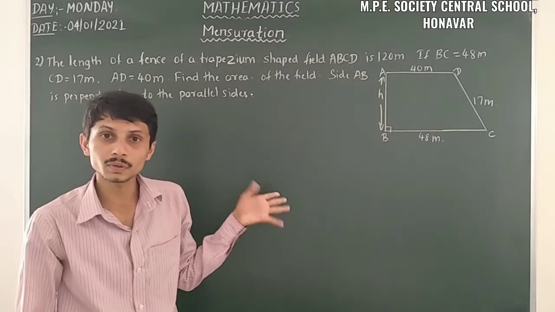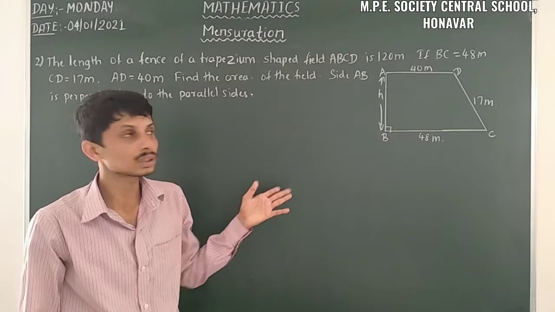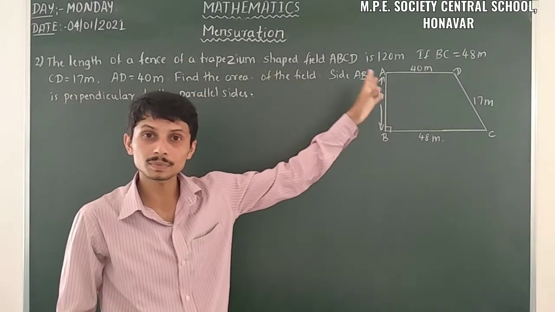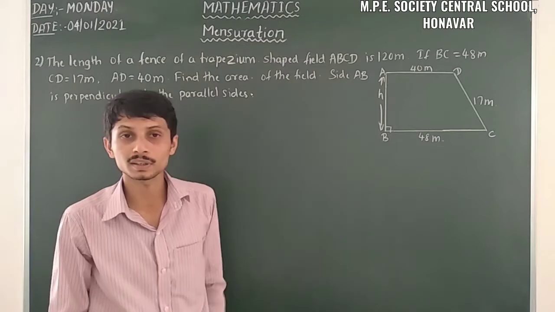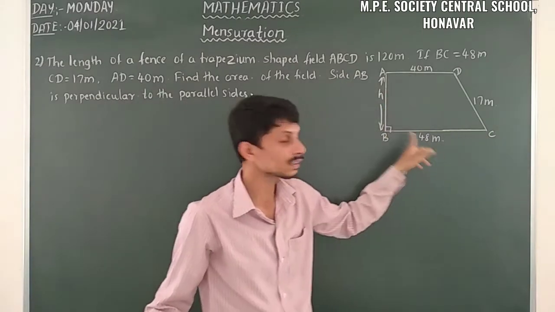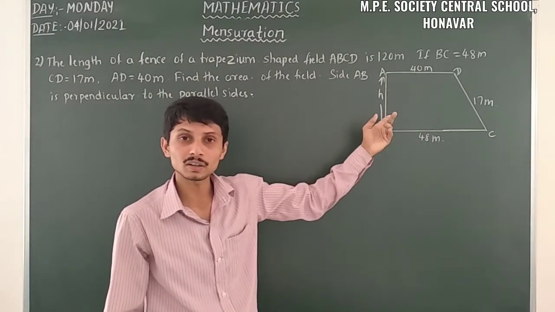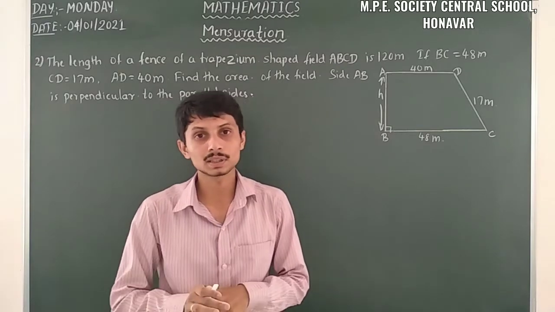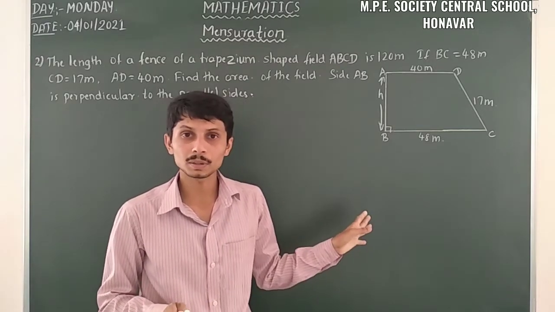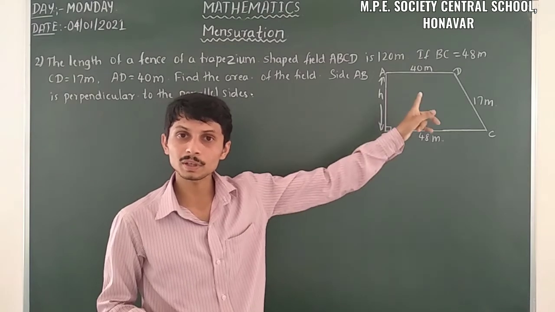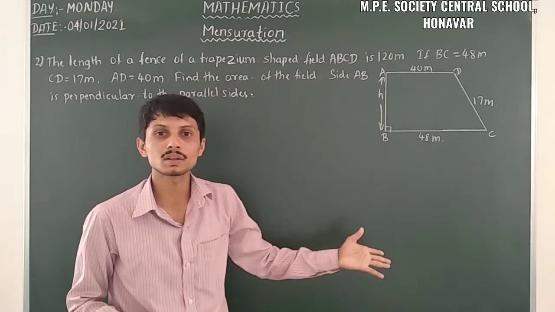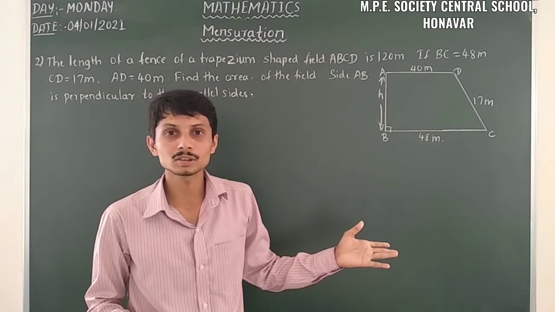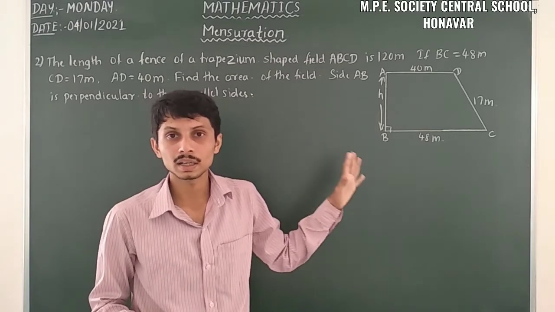But what are the given things we have here? Just observe the length of the fence. That means the perimeter of this trapezium is 120 meter, it is given, and three sides are given. So we can easily find out the other side. The other side is nothing but the height of the trapezium. So using the height of the trapezium and the measurement of parallel sides, we can find out the area of the trapezium. Yes. So let us find out the area of the trapezium.